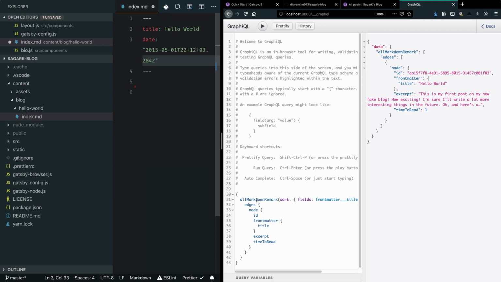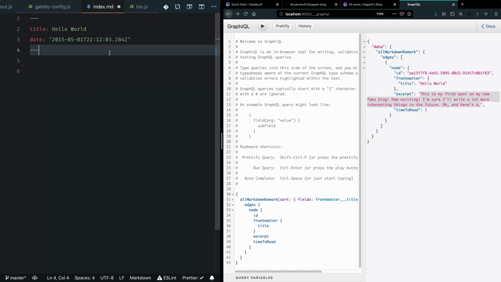So this is the query that's running to fetch us all the markdown information, and this is the excerpt which I was talking about. Since this post doesn't have any description, it is not present in this front matter,